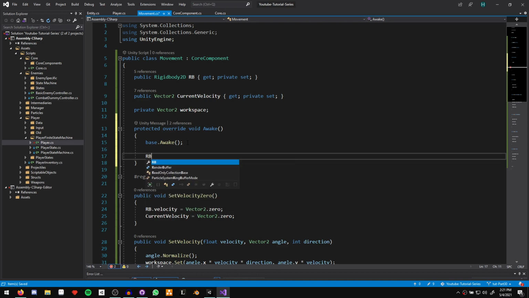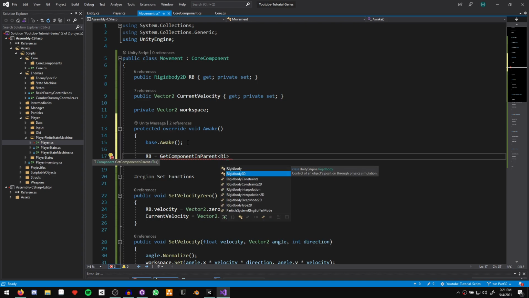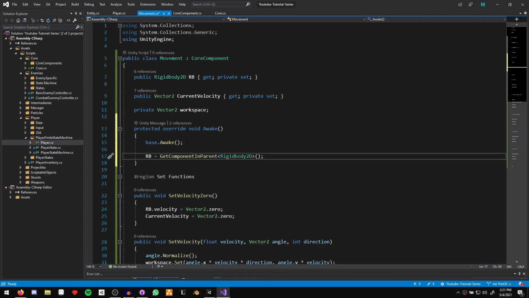And then we can just say rigid body equals get component. But this time, our rigid body is on our uppermost parent game object, most likely. So instead of just get component, we'll just say get component in parent. And the component type that we're looking for is our rigid body 2D, like that. Perfect. So we dealt with get component in parent before. Basically, it's going to recursively look on its own game object and then the parent and parent and parent until it finds the rigid body 2D that it's